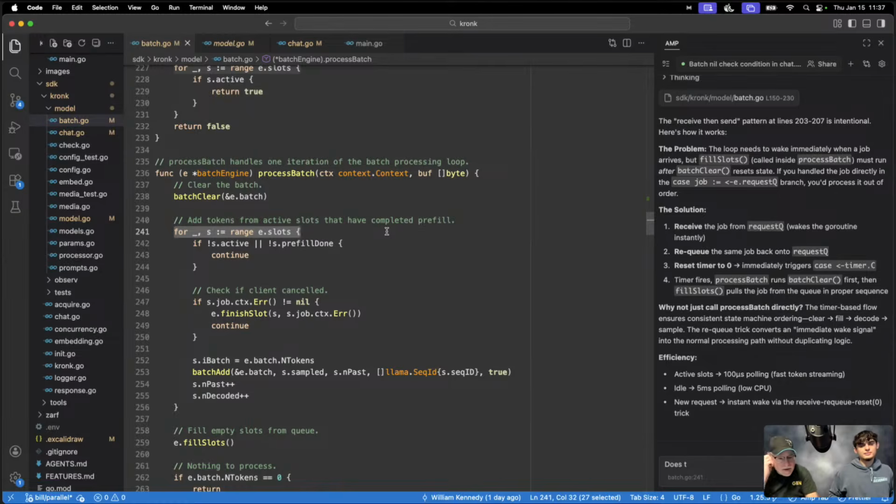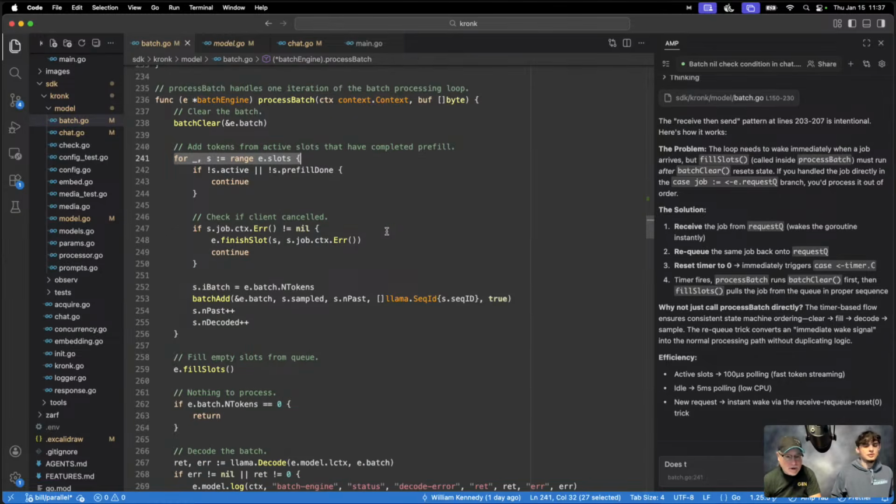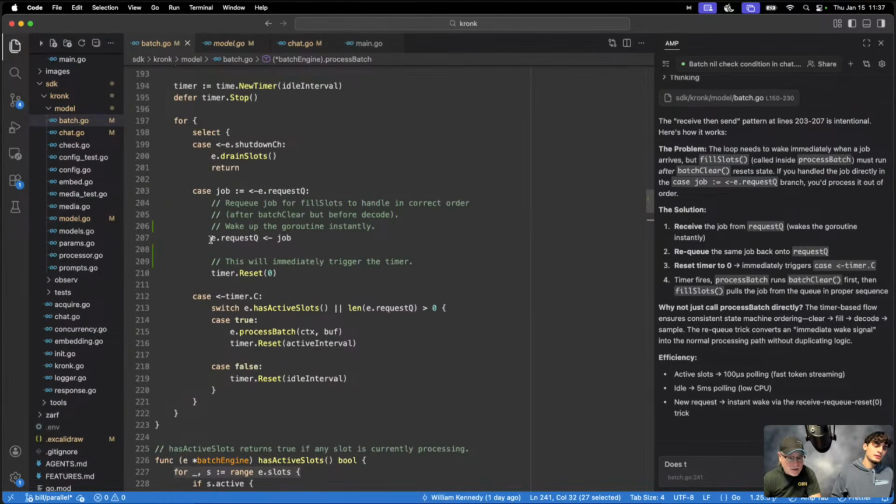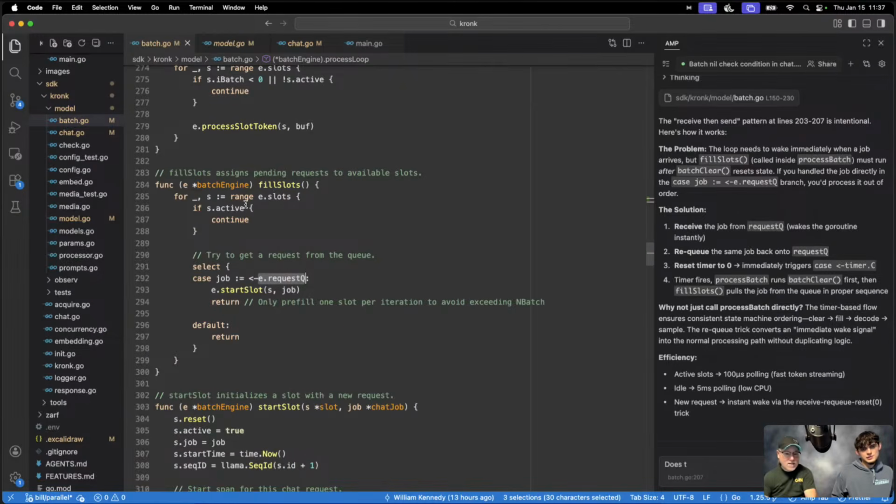And when that happens, I was looking for this because we have to receive on this again. There it is, fill slots. And we'll do 2 receives. So we'll pull 2 jobs off the